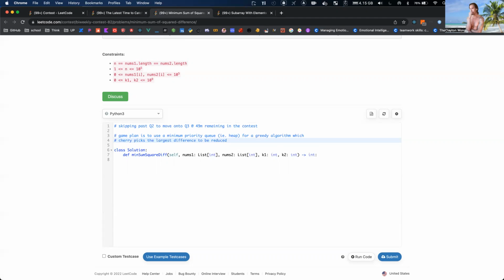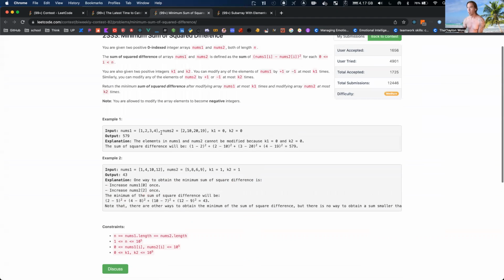Does that sound right? Just difference to be reduced. Because when you square it,